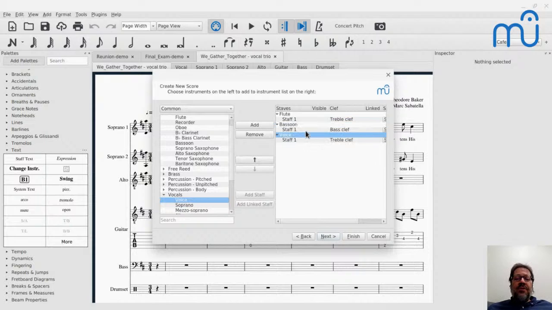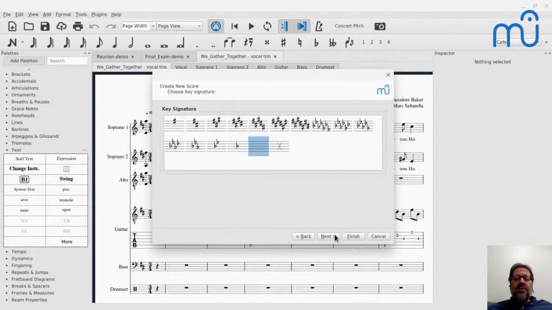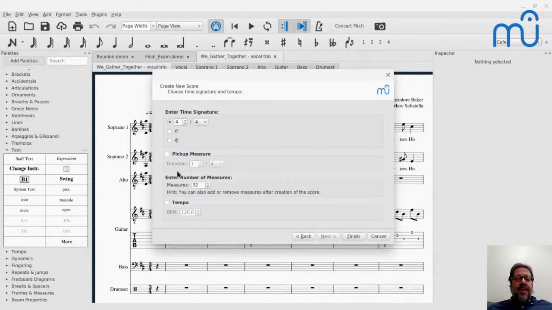And I want the voice at the top, so I'm going to move it to the top with the arrow buttons there. Let's keep going through the wizard, because if I choose a tempo marking here, the tempo I want, then that's actually going to show up in the score. So let me type 140 as my tempo, just so we can see that that happened.